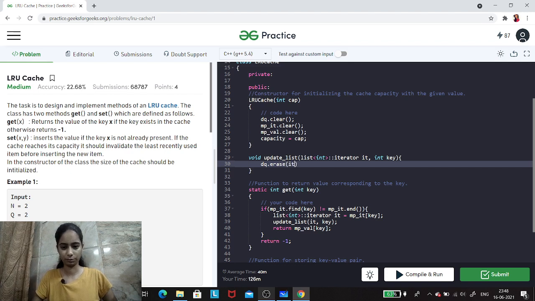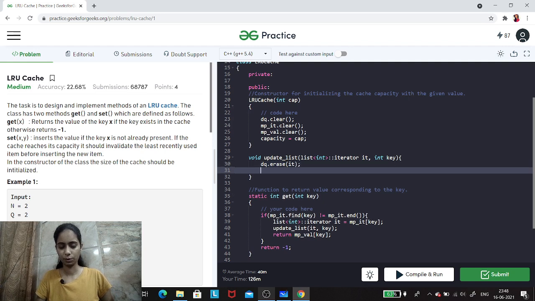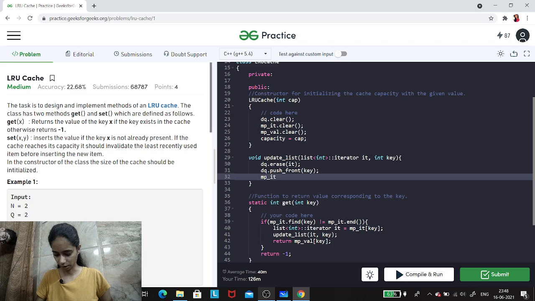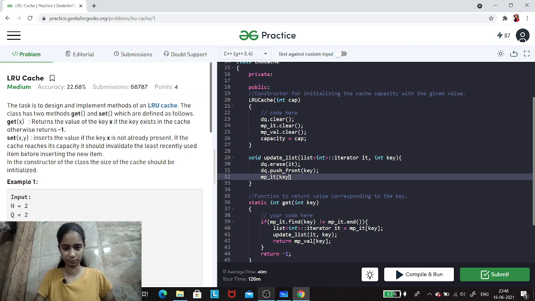So I need to erase it, and then I'll just push it into the front, because now it's the most recent accessed one. So in the front, I'll push the key, and I'll have to update in the map. So it will be the front, because now my element has been inserted at the front.